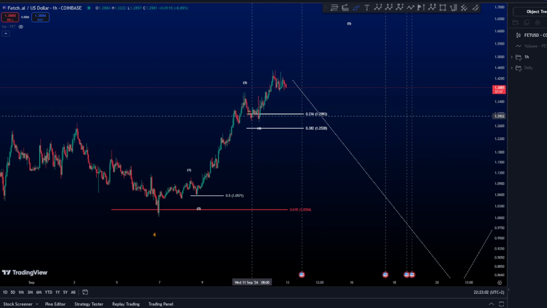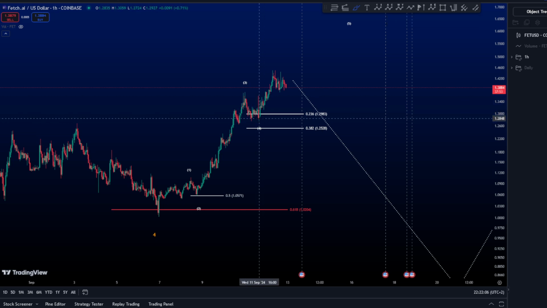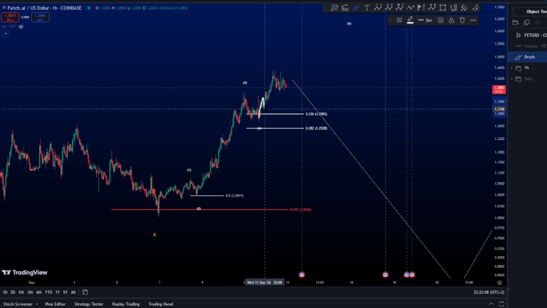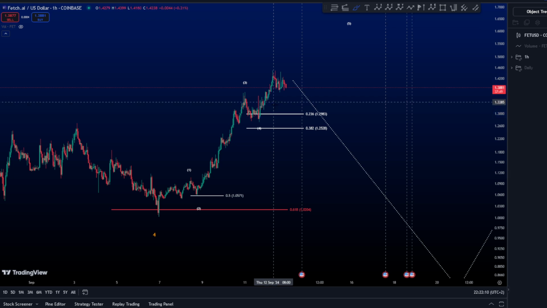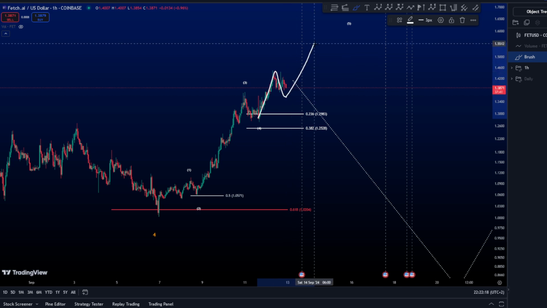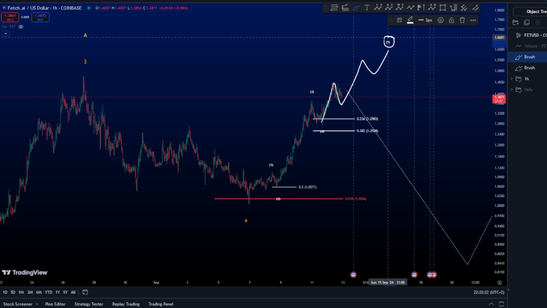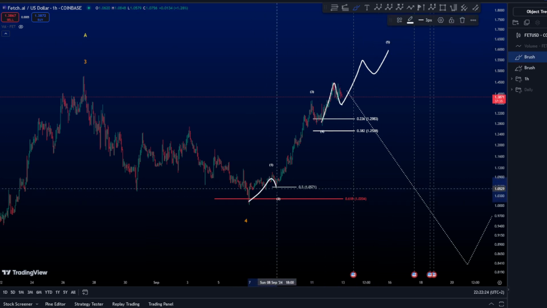Then after this, here is your finished wave 4 as a flat. We are looking here at 1, 2, 3, 4, 5, which somehow is considered as just one wave. So what we are looking at here is just 1 and then 2. Then what we want to see is a 3, 4, 5 finishing the wave 5 of that white impulse